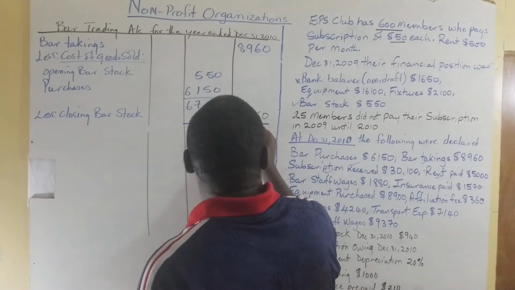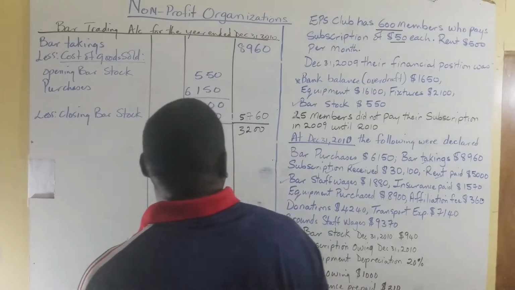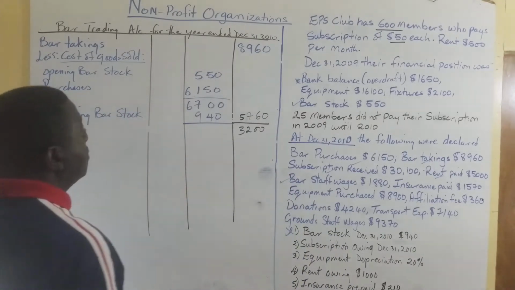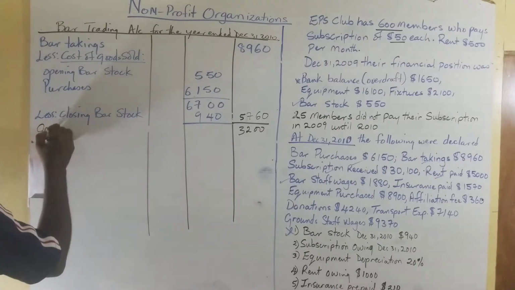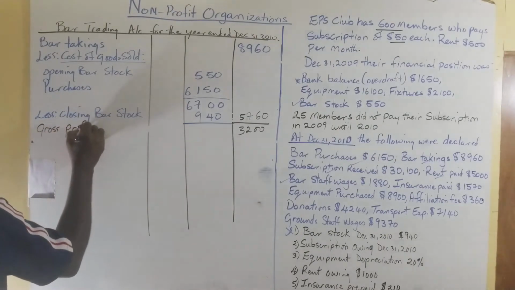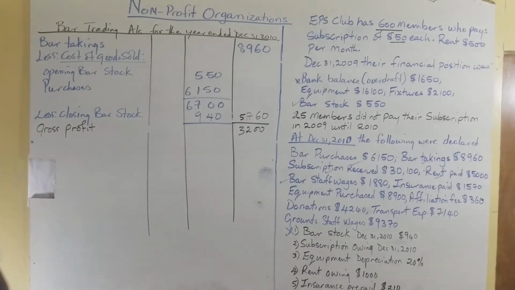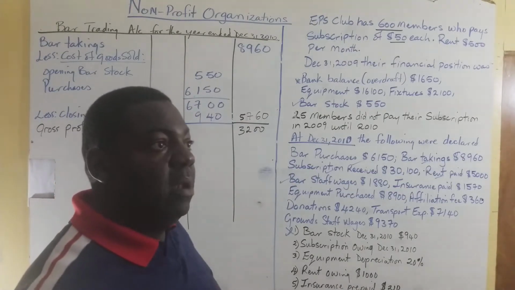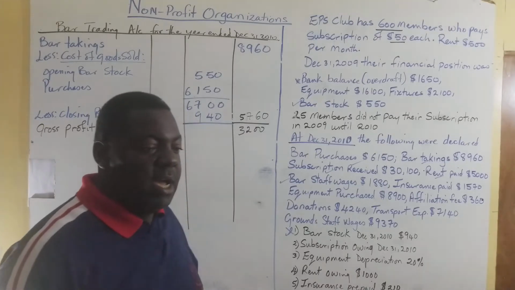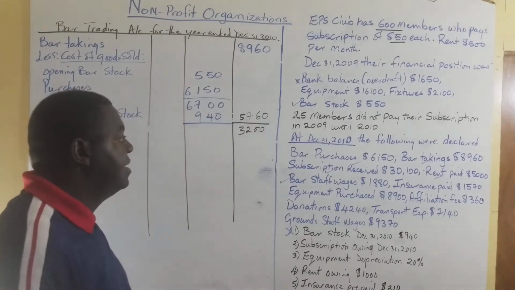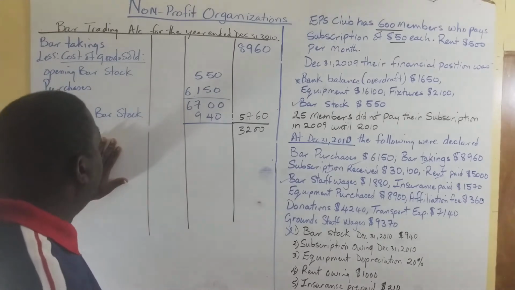32,3,200. That would be your gross profit. One of the concepts is that we allocate or charge the expenses that are related to the bar in